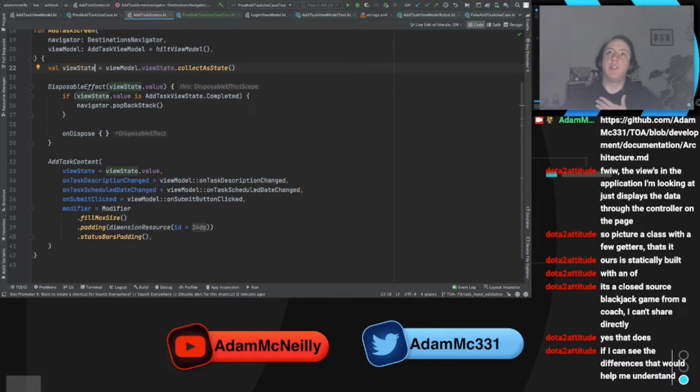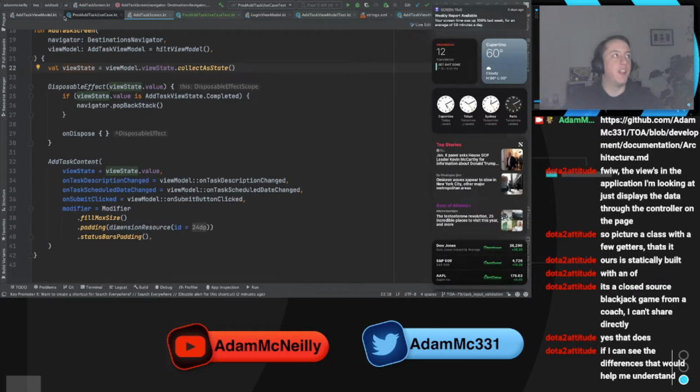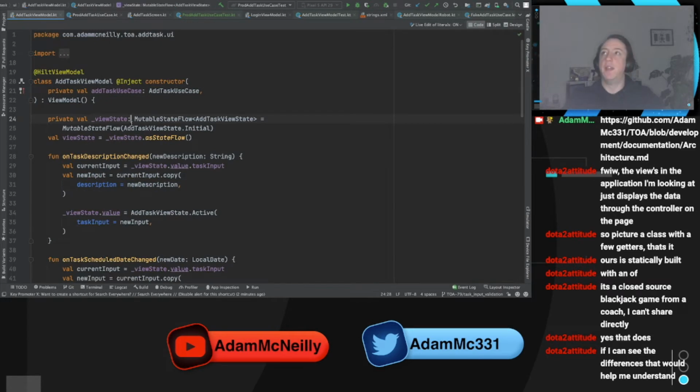So this is what our view layer does. It takes in a view state and it just renders it. And then any UI events get passed off to the view model. The view model is like a state management container that should only be responsible for the UI configuration logic. So, like this says, okay,